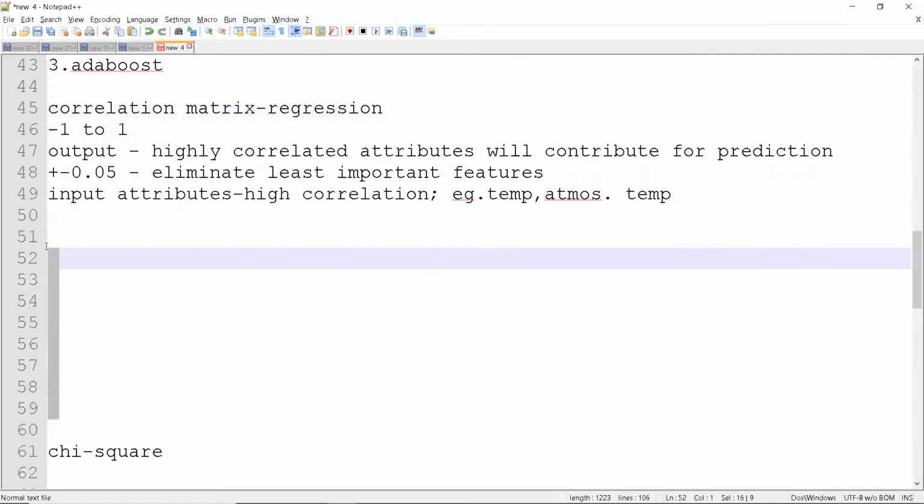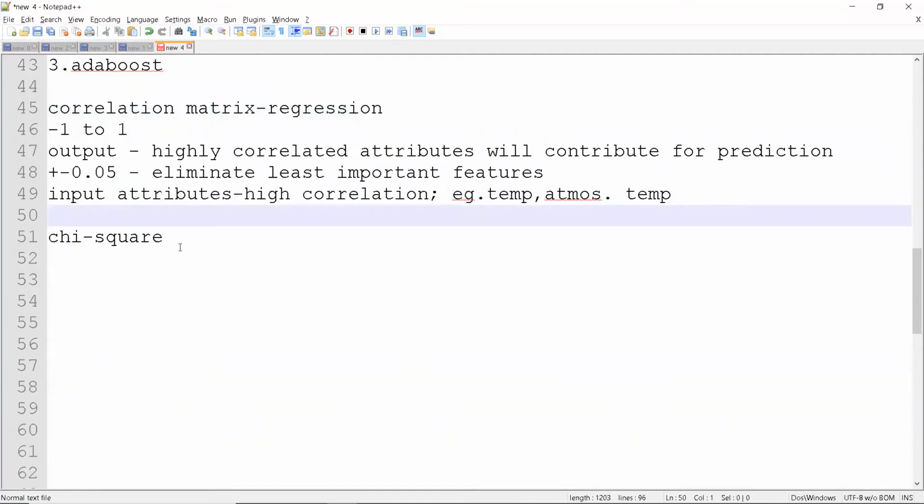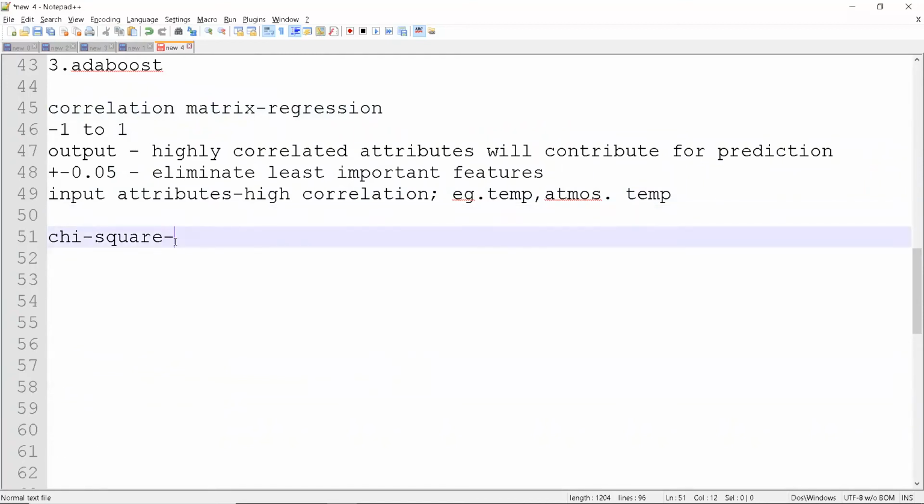So the other one is chi-square. This is also a feature selection metric. This is for classification. So in classification, we will be having some categories of classes in the end. Based on those categories, it will automatically find and assign some scores for the features from top to bottom.